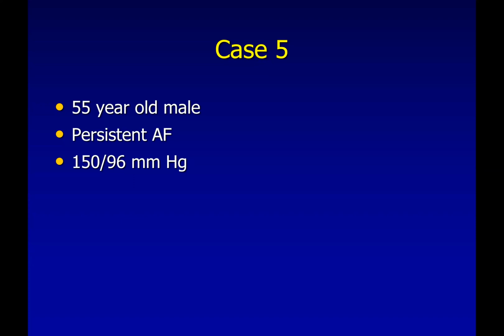Now, similarly, this is another case: a 55-year-old male, blood pressure high and persistent AF. Here, a 55-year-old male, hypertensive, yes, you can go with whatever criteria you have. But because of persistent AF, this is a compelling indication. You will use an antihypertensive which will cater to persistent AF, atrial fibrillation, also. So this is how the management progresses from grade 1, stage 2, with or without target organ damage, then in the presence of a comorbidity or a compelling indication.